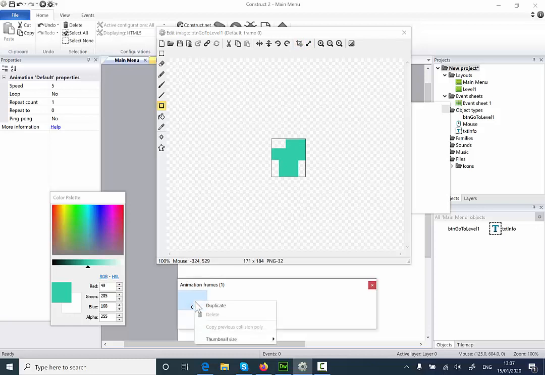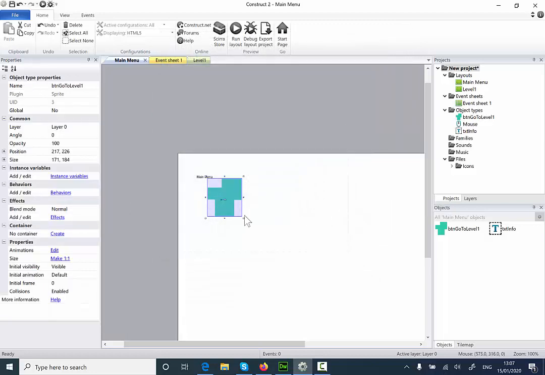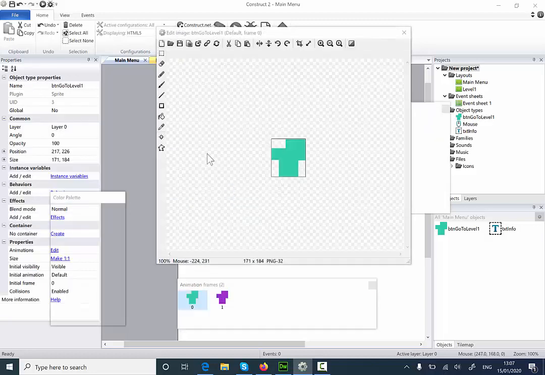Then I'm going to go to Animation, select Duplicate. With the frame number 1 selected, I'm going to use the fill color, change the color slightly. So frame number 0 is green. Frame number 1 is a different color. I'm going to exit. Now I'm going to double click again to go back to the object so I can